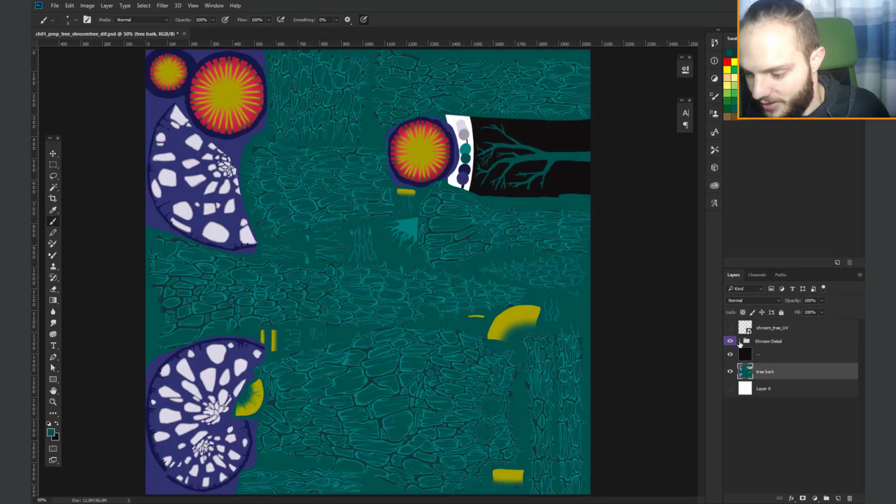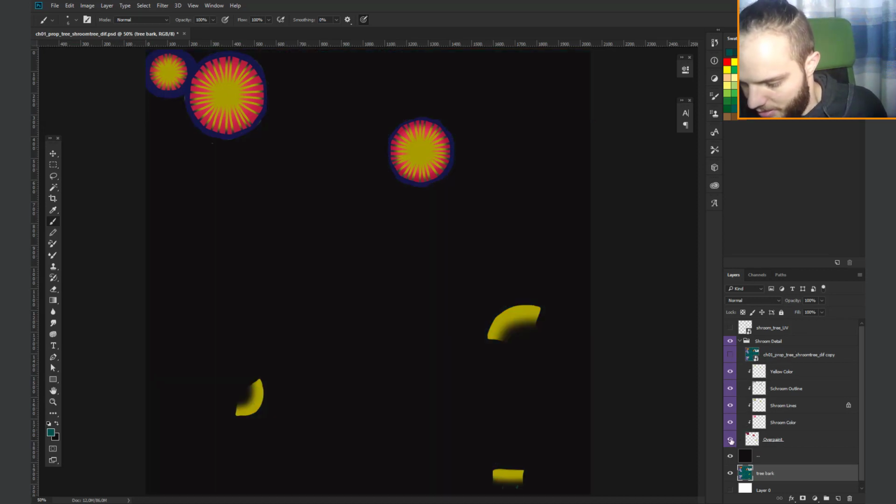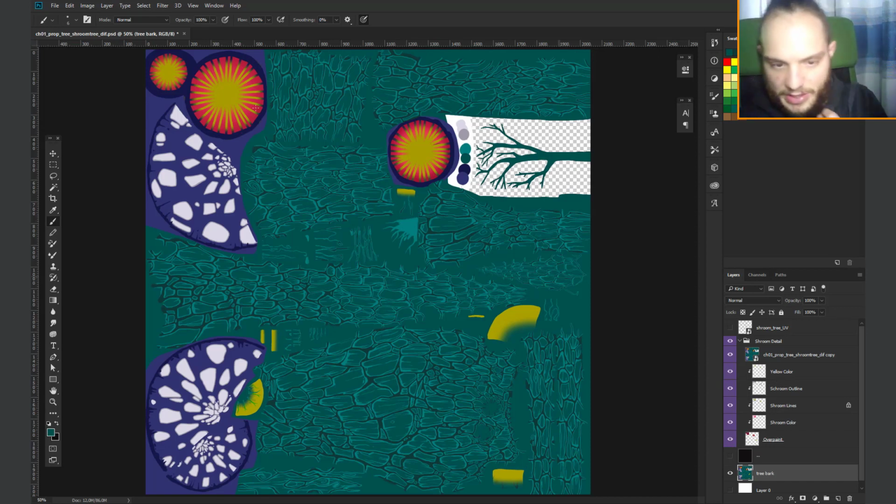Now I am activating my group, and I added here the new texture from Blender, and because I want to have control of my layers, and the only change is here the yellow parts. There isn't much difference because it's only this one single object here. So I want to create a mask